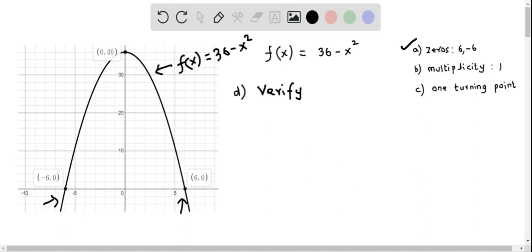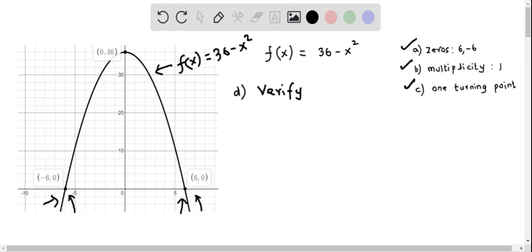Now let's verify the multiplicity. From the graph of this function at x equal to negative 6, we see that it has a multiplicity of one, that is, the graph crosses the x-axis at x equal to negative 6 as well as at x equal to 6. So we see that the multiplicity of both zeros is 1. So we verified the answer in part B, and we can also verify the part C answer, which is one